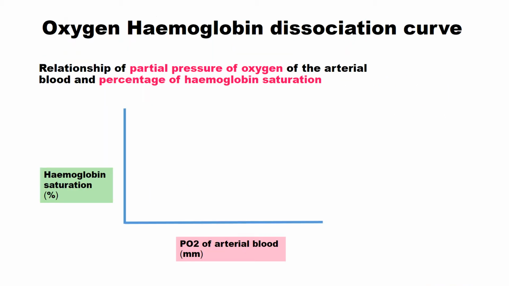Oxygen hemoglobin dissociation curve refers to the curve which is obtained when a relation between the partial pressure of oxygen and percentage of hemoglobin saturation is plotted. So whenever there is an increase in the percentage of hemoglobin saturation, there is also an increase in partial pressure of oxygen in the arterial blood. However, it is not a linear relationship, but instead it is a sigmoid shape. And we know why it is sigmoid in shape. It is because of the cooperativity among the 4 units of the hemoglobin molecule that we have already covered.